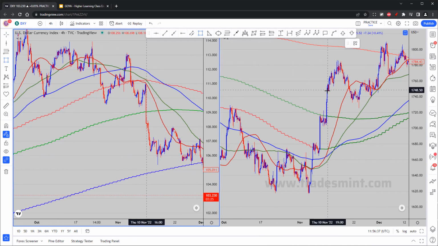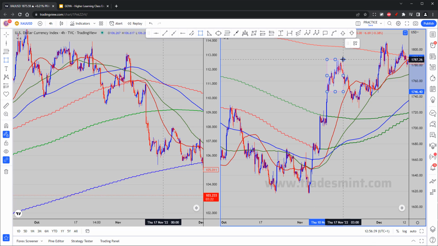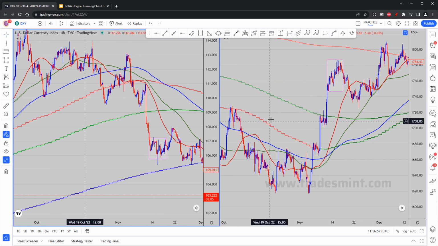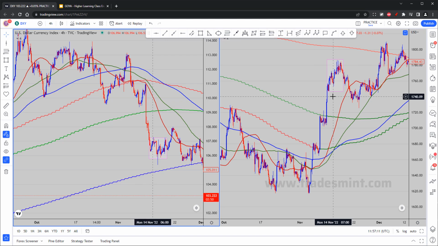And then we see the bull run slowly slowing down here. Movement is tapering down, and on the DXY we have basically the same thing. So starting to have a bit of a consolidation on gold, and we have a consolidation here on the DXY. So the movements are correlated. They are basically doing almost the same thing. In this case here, it's a consolidation, so they don't need to be inversely correlated, and it means that the movement is coming to an end, and we have a small retracement and so on and so forth. We can keep doing it and back testing it into the future, past, whatever we want on the chart. But I think you get the idea.